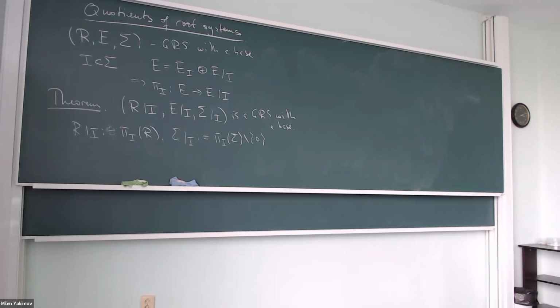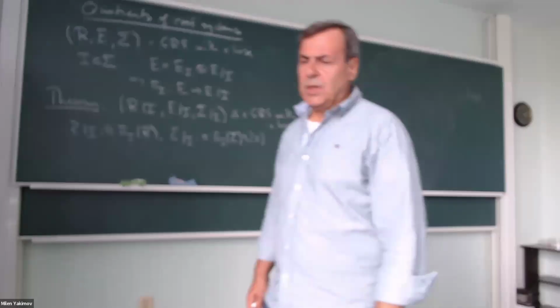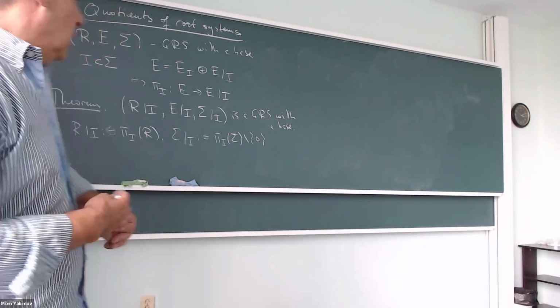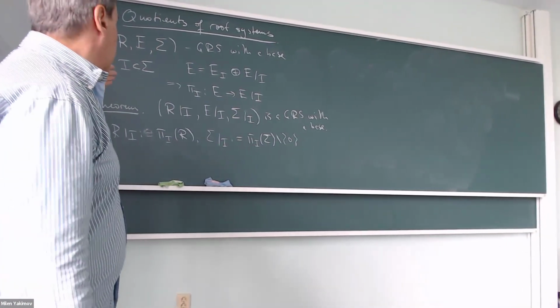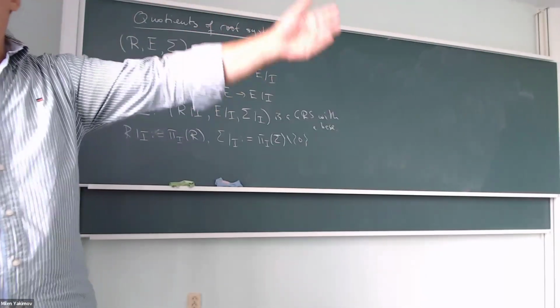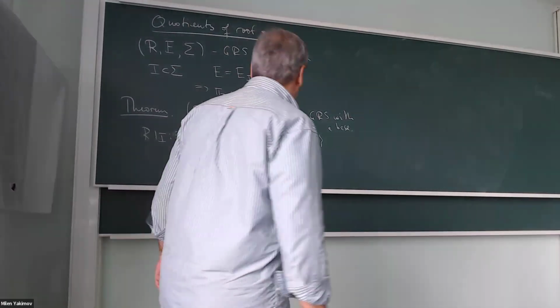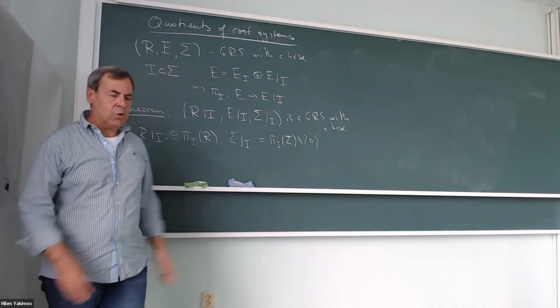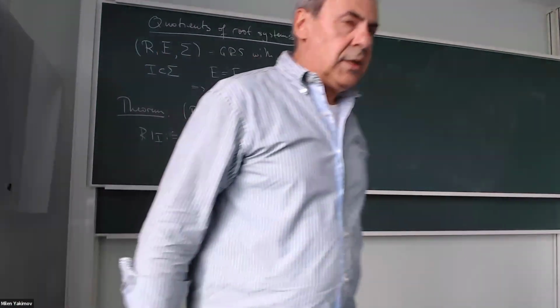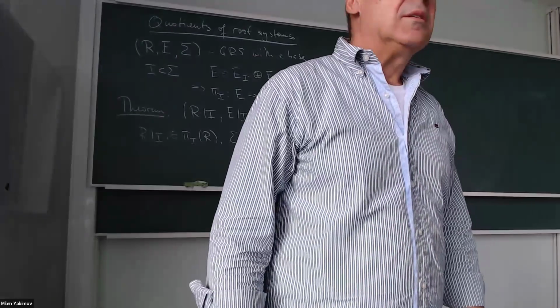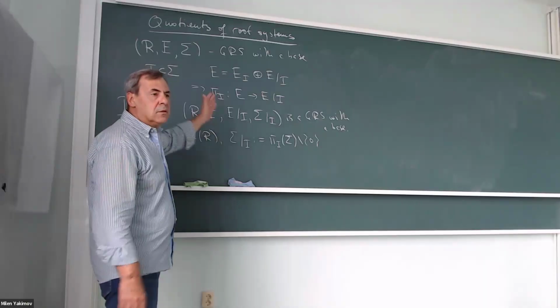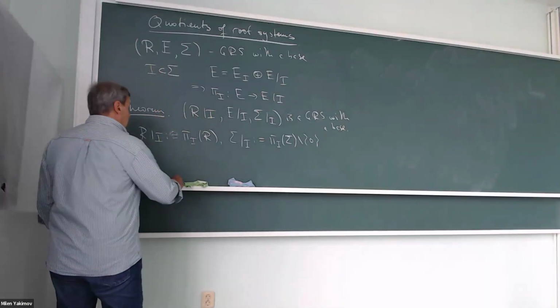So, unlike root systems, taking quotients of generalized root systems behaves nicely. We still get a generalized root system. Taking the quotient is transitive, meaning that if I take subsets I and J, one inside the other, then the quotient is the intermediate quotient, as in the second or third isomorphism theorem. I don't remember which number it is. Okay. And then as a remark,